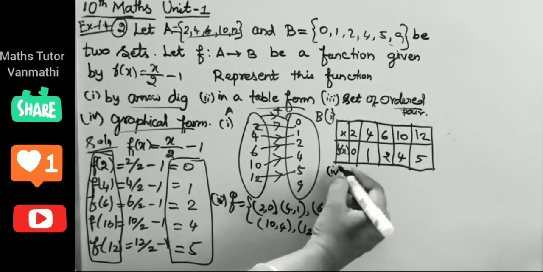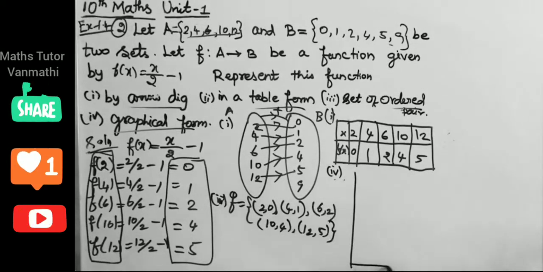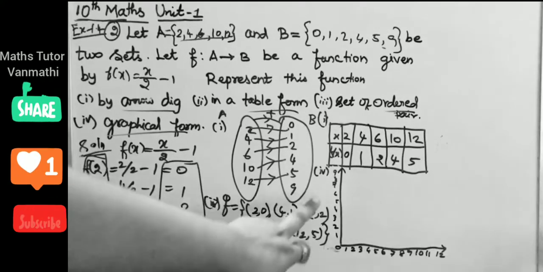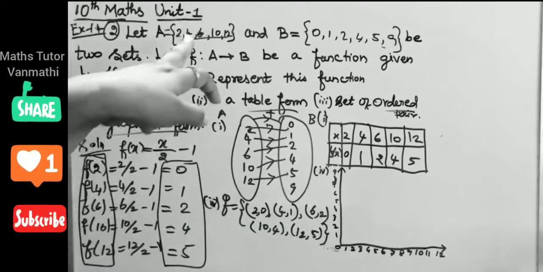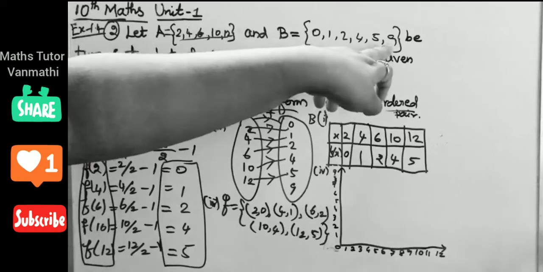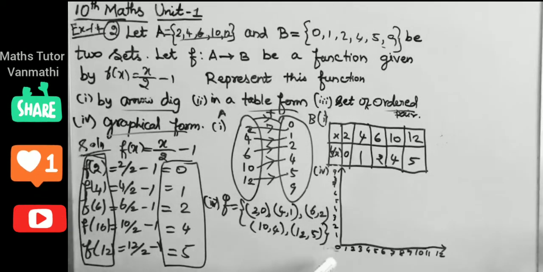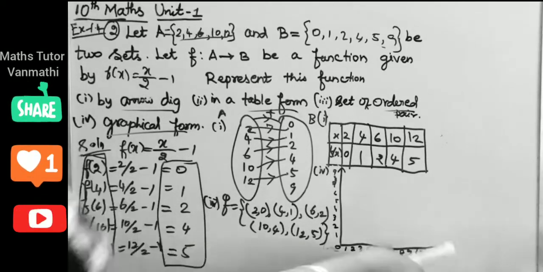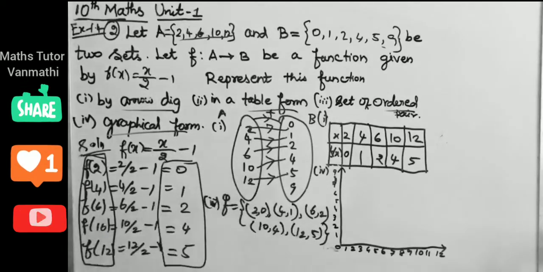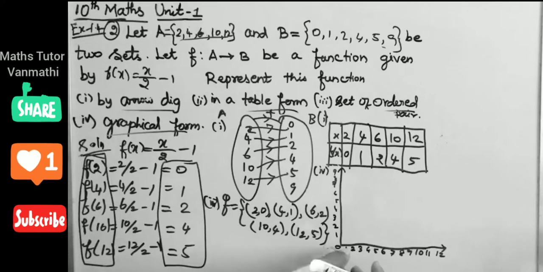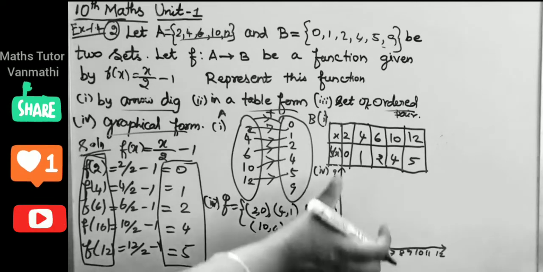Next is your graph. So taking x and y. In the graph, we are going to plot the points. That is, on your x axis we have up to 12 and on your y axis you have up to 9. So here you are marking up to 12 and here 9. Now we are going to plot the values. First is your (2, 0). So on your x axis 2, and this is your y axis.